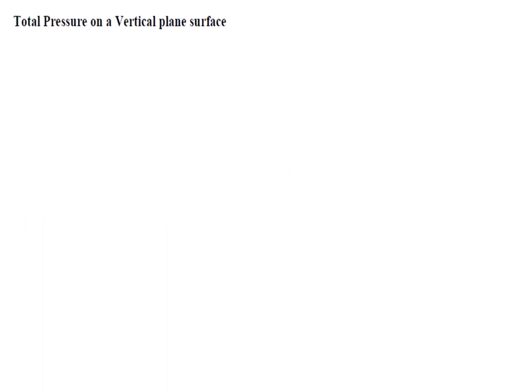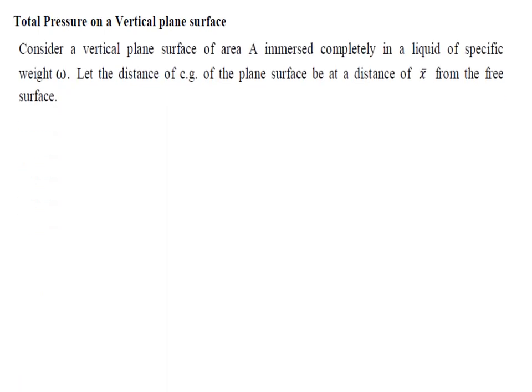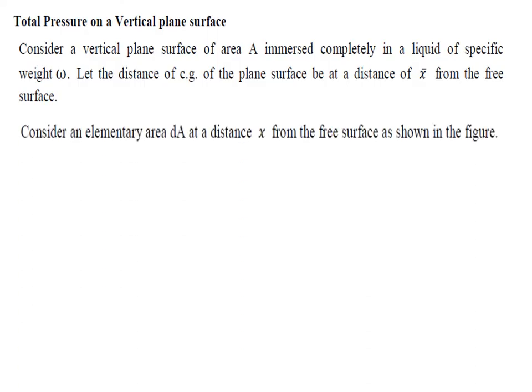So next will be the total pressure on a vertical plane surface, and here also we are considering a vertical plane surface of area A, which is immersed completely in a liquid of specific weight omega. So here we are required to find the distance of the CG. For any surface we find the CG, and let that distance be x bar